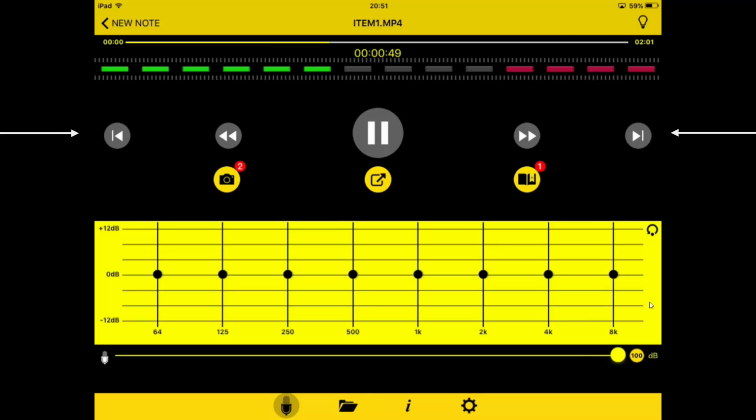Now see these buttons to the right and left. If I click the left button it jumps back, click the forward button, it will then jump to your first index button or your bookmark button. So if you've got none of those bookmark buttons you can jump back and forth quickly to the points you created them. But I'm going to click the pause button to stop, and I'm going to go to my folder